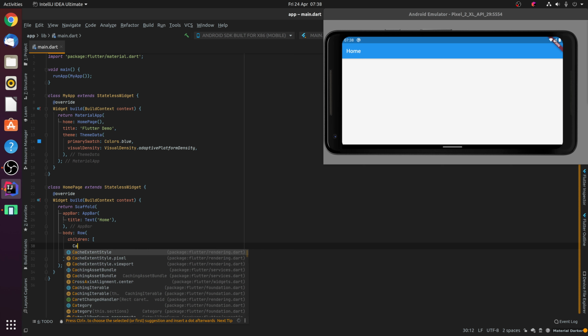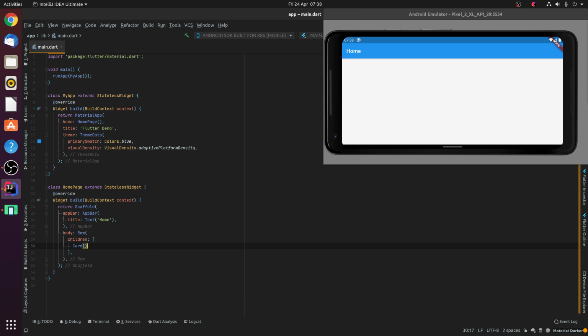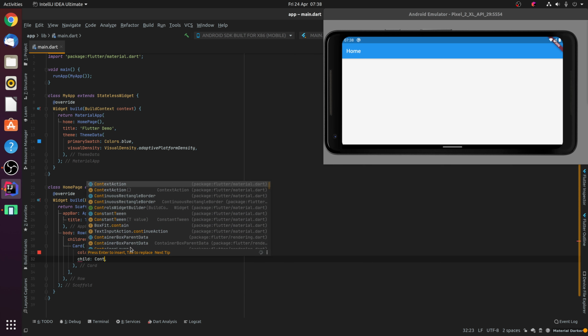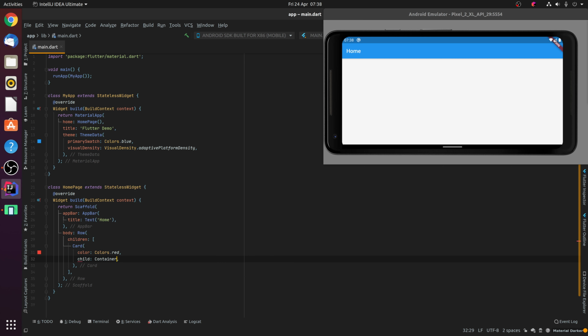So what we're going to do is create essentially a list of card widgets. We're going to give this one a red color, and for the purpose of this demonstration we are going to give it a fixed width and height. So we're just going to specify a fixed width and height container like so,